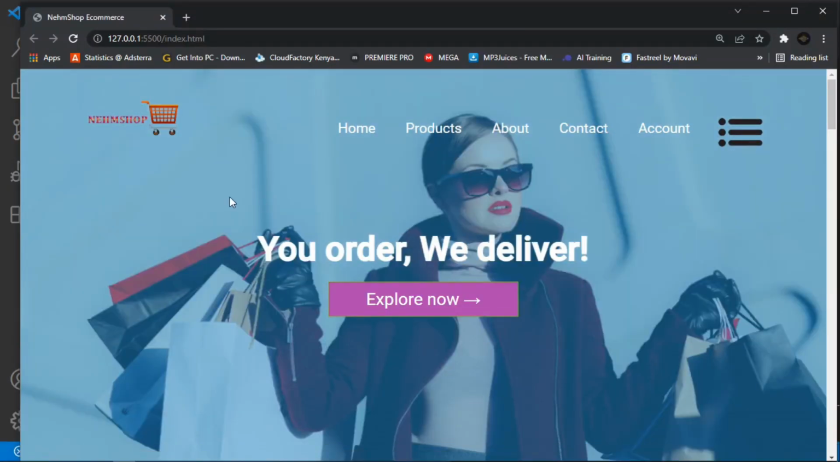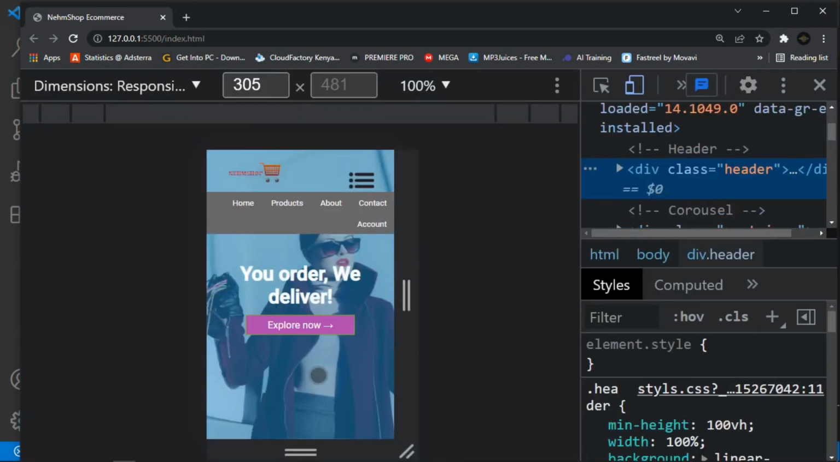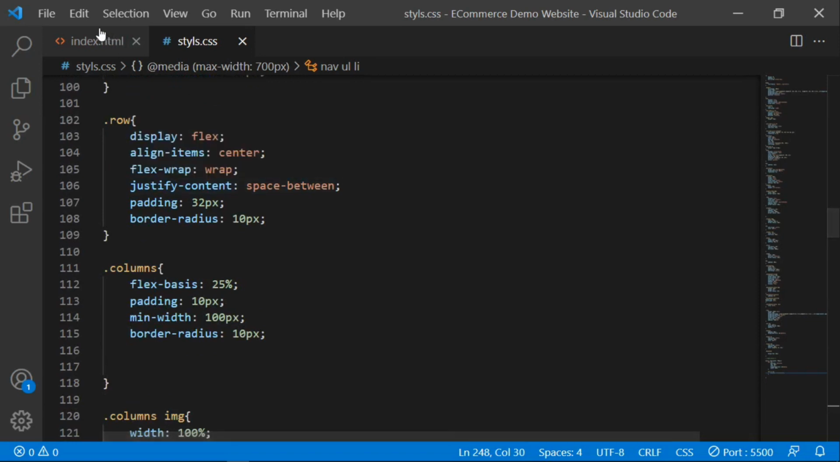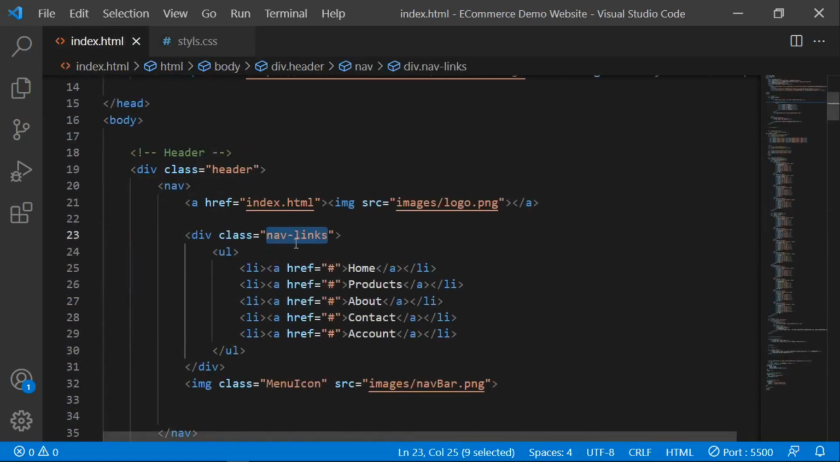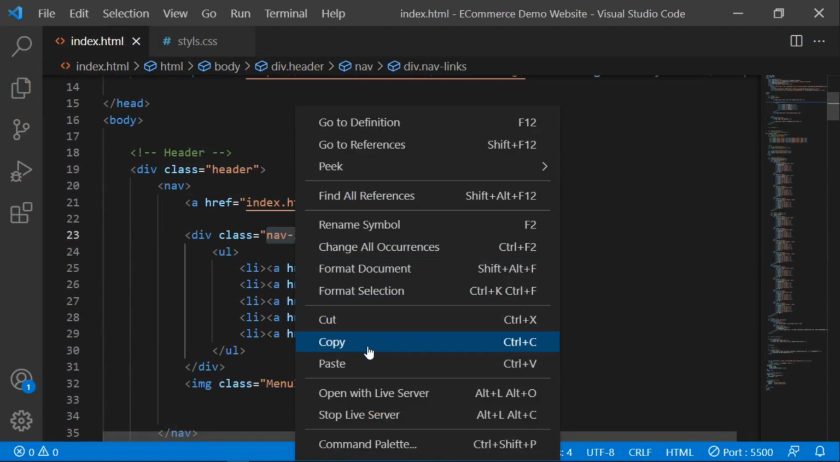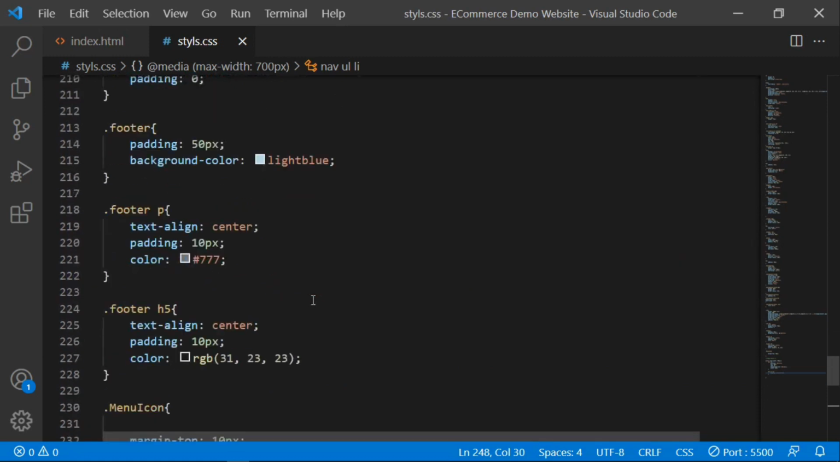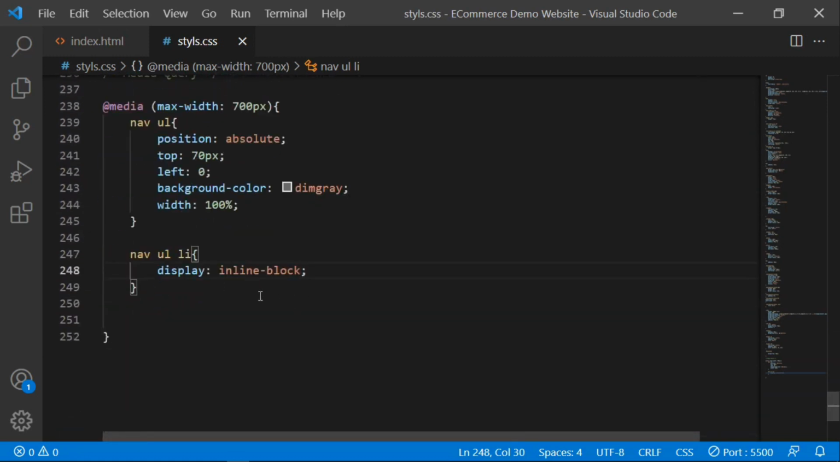So let me open on the smaller screen. And guys, you can see it has added those effects, but now I want to change the display to be block. I want to change the display of those navigation links. So first of all, let me check the HTML, and then let me copy this nav link. Let me paste it here at the bottom, and then let me change it. Let me first remove this part and say